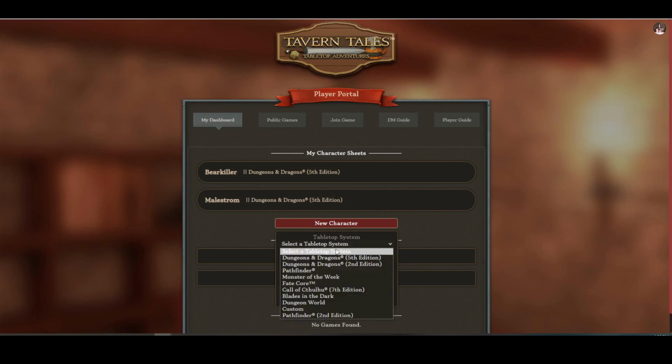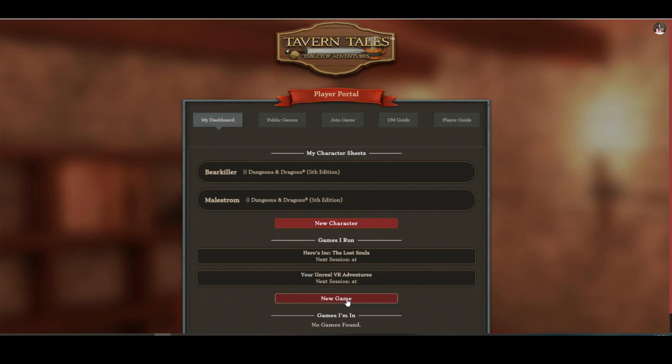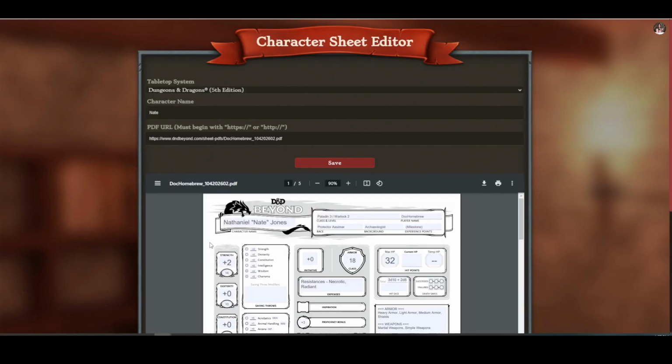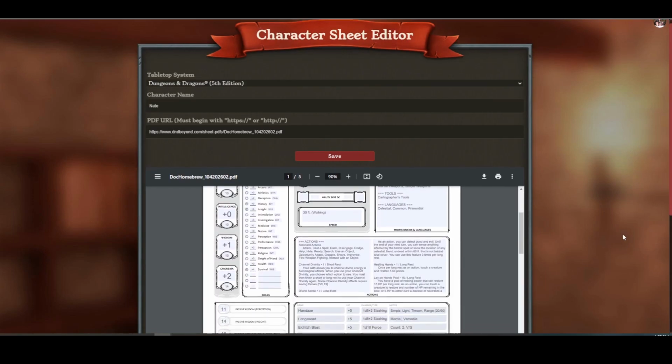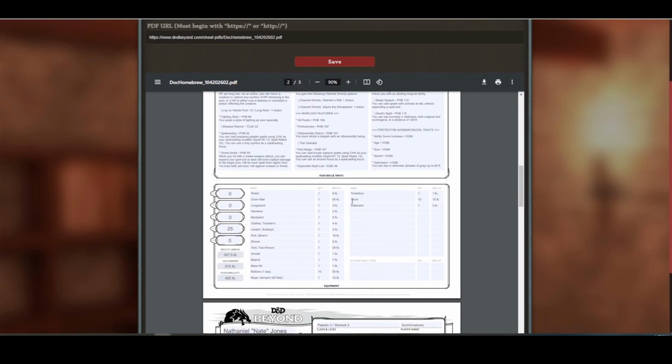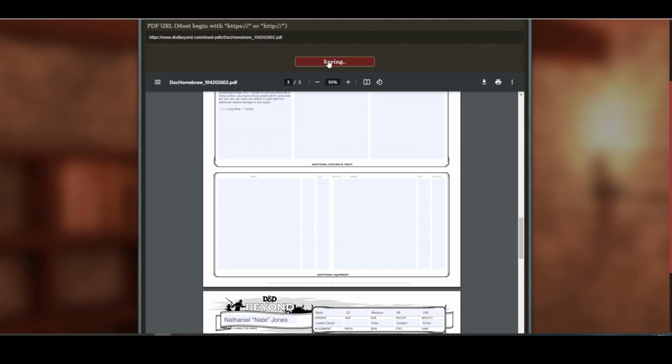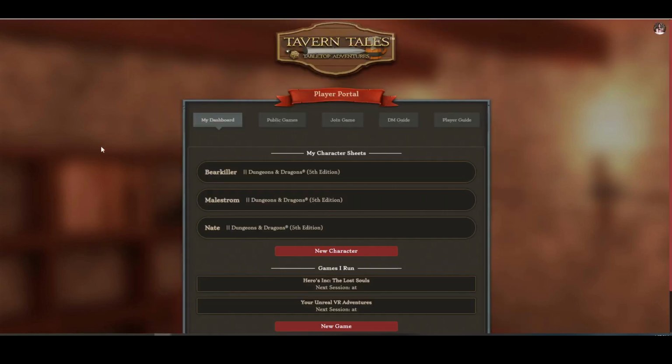Do that. Select my system, 5th edition D&D. Hit save. Now when I click on it, it comes up, the entire sheet. Save. Back out of that. If I need to make it into a handout, what I can do is I can